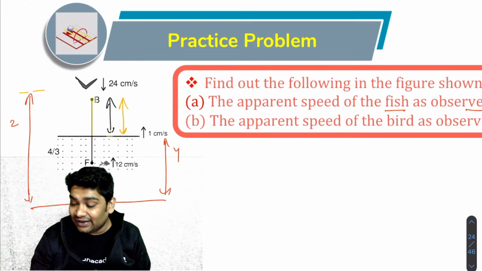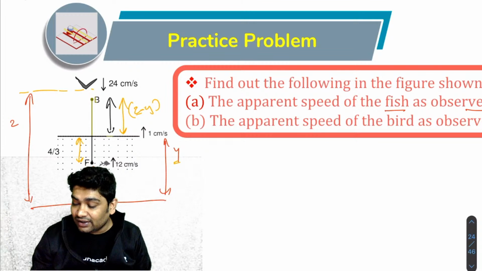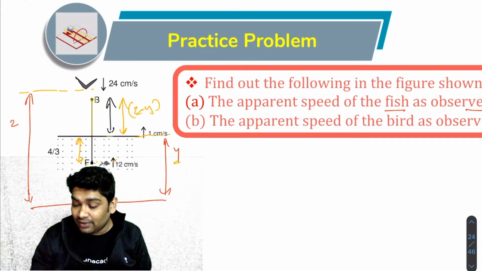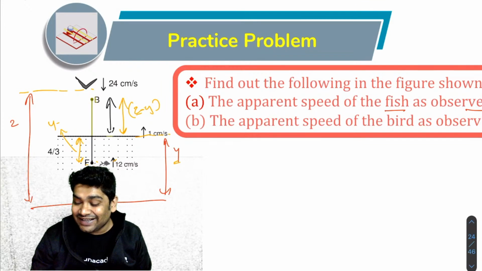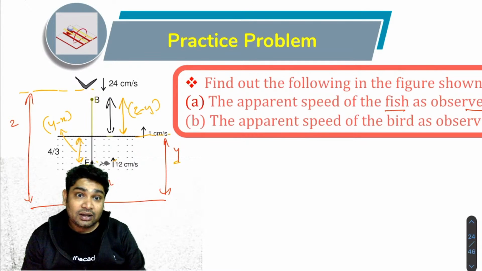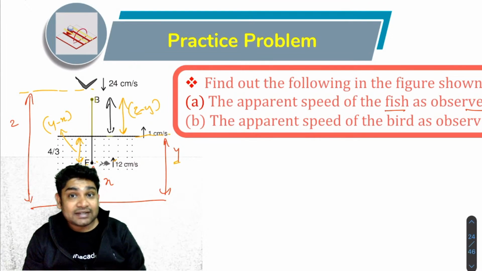ये डिस्टेंस क्या है? अगर बर्ड की हाइट ग्राउंड से z है और पानी के लेवल की हाइट किसी भी इंस्टेंट पे y है, तो ये जो हाइट होगी ये z माइनस y होगी। अग्री? ये जो हाइट होती ये होती y माइनस x, ठीक है ना? y आपका पानी के लेवल की हाइट है और x आपका फिश की हाइट है, सो ये y माइनस x होता। अब y माइनस x जो है वो है पानी में। बर्ड को क्या दिखेगा? ऊपर शिफ्टेड दिखेगा। एपरेंट डेप्थ, अभी बताया था, एपरेंट डेप्थ कितना दिखता है? एपरेंट डेप्थ इज रिड्यूस्ड बाय अ फैक्टर ऑफ म्यू, ठीक है? सो उसको ये जो डेप्थ है y माइनस x नहीं दिखेगा, y माइनस x अपॉन म्यू दिखेगा।